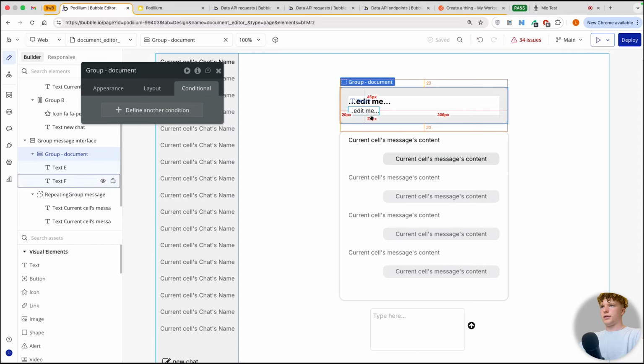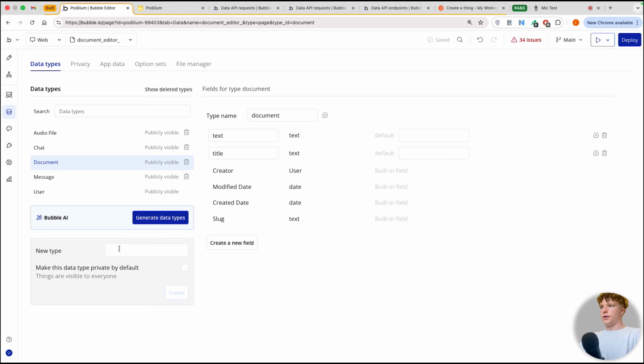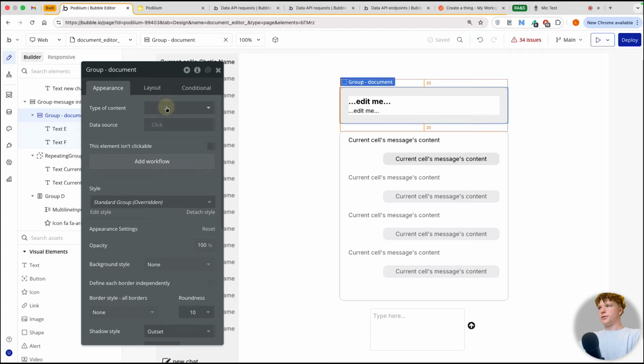For the data for the group, we're going to want to create our document. So if we create a new data type, document, add the data type of text, and that's going to be our body. So if we rename that to body here. And then we also want a title for our document as well. Obviously you could add an image. So once we've created our document data type and the fields of body and title, we can go to our design tab, go to appearances, type of content, we can choose document, and we're going to leave the data source